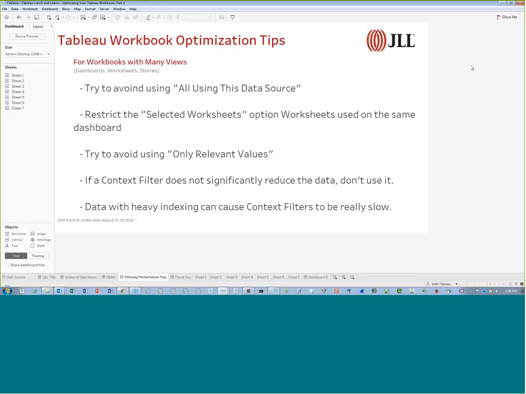Okay, second note about context filters. If you're using a data source that has heavy indexing, what do I mean when I say heavy indexing? This term comes from the relational data model world. It is not referring to columnar data sources that have an index on each column. It's referring to relational data sources, in particular those where you are doing a join. For example,